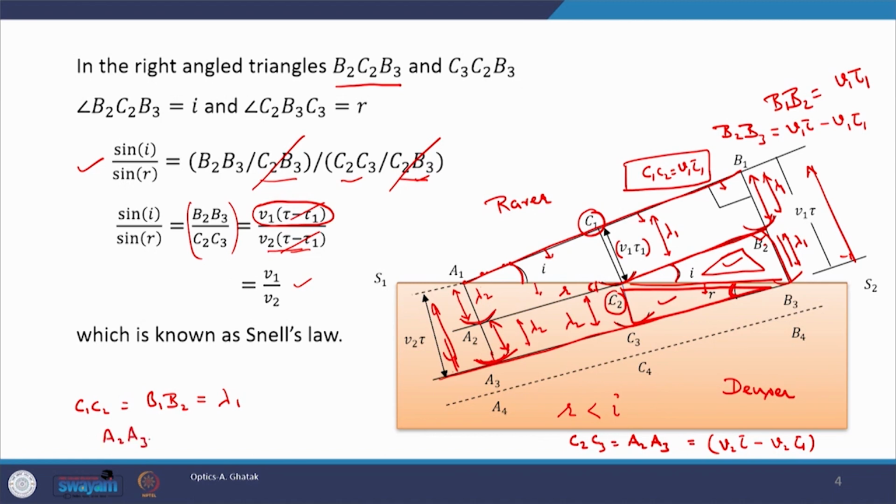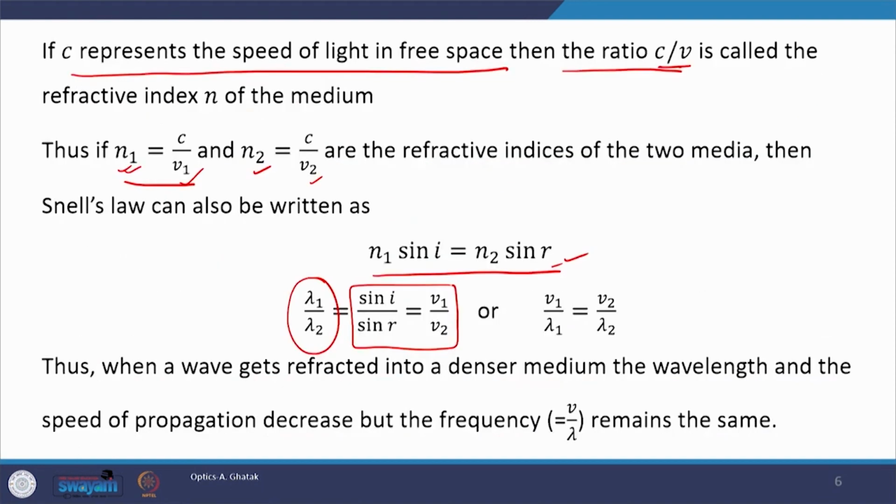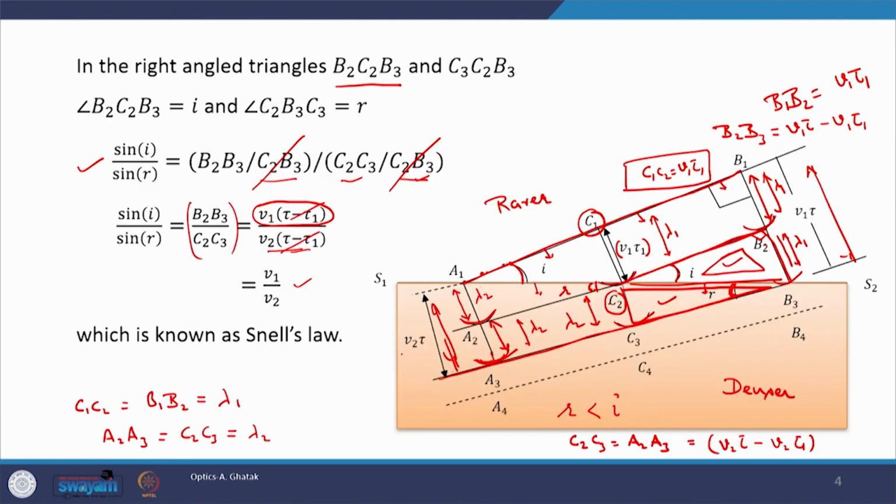A2A3, which is again equal to C2C3, is equal to lambda 2. Lambda 1 is the wavelength of the wave in the upper medium, and lambda 2 is the wavelength of the wave in the lower medium, and so on. If this is the case, then we can write this from the geometry